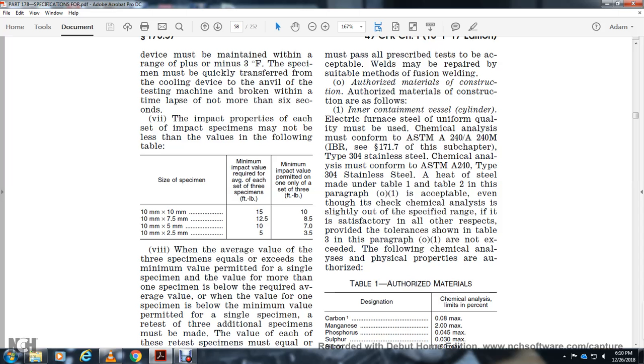For each set of 3 specimens, a minimum value is permitted for only one of the set of 3. The average value of the 3 specimens must equal or exceed the minimum value required, with a single specimen value permitted below it. If more than one specimen is below the required average value, or the value of one of the specimens is below the minimum value permitted for a single specimen,